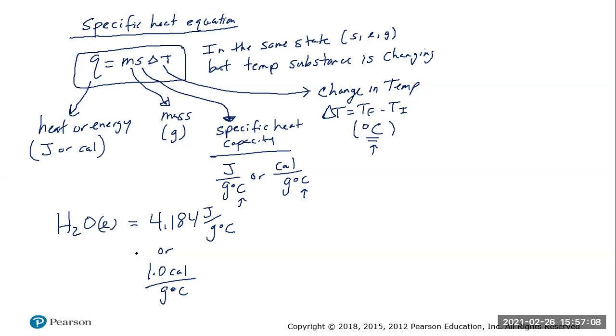But really, what does specific heat capacity really mean? Well, the definition of it is how much energy, which is like joules, is needed to raise 1 gram of a substance by 1 degree Celsius. But basically, what it means is the larger the value for the specific heat capacity, usually it means it takes more energy just to raise that substance 1 degree Celsius.